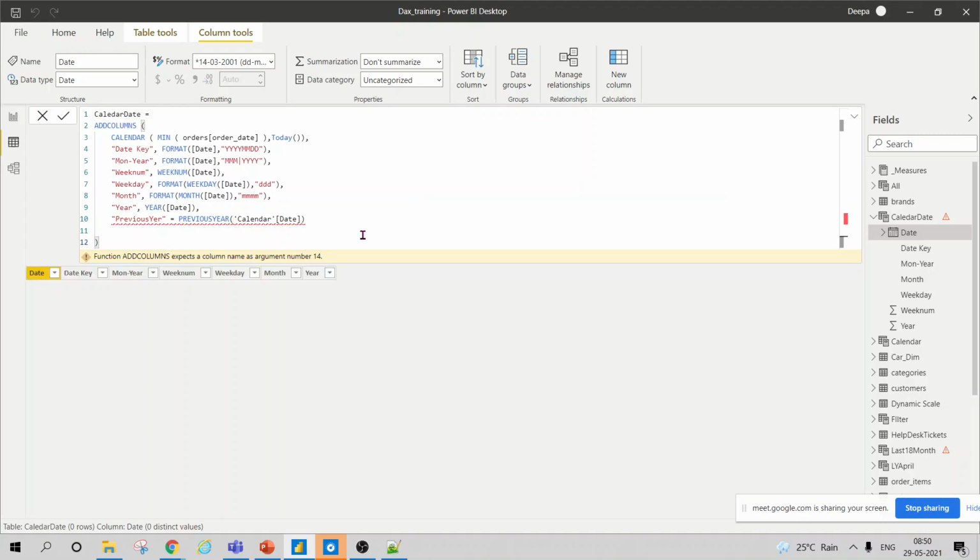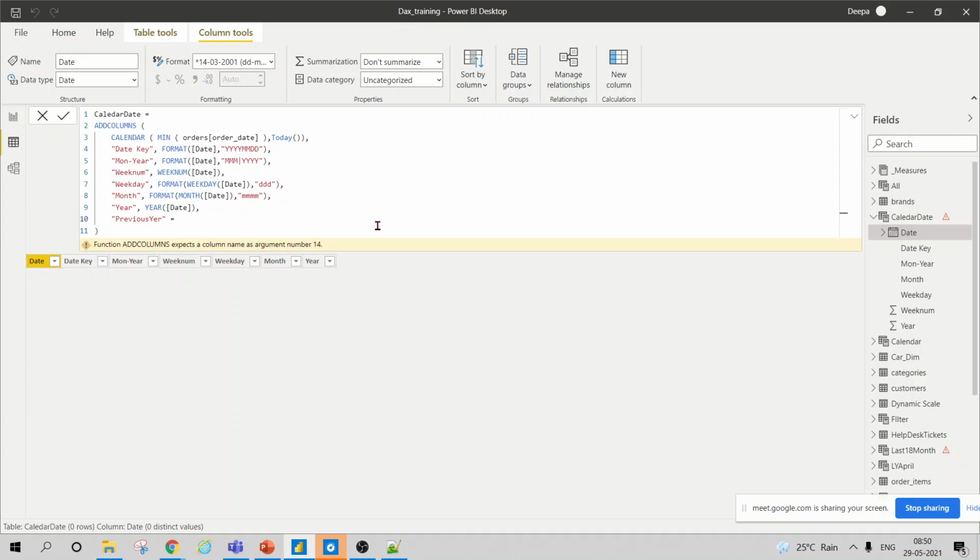Add column expects a column name. So that's what we have given here. What error is there?